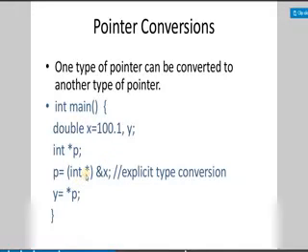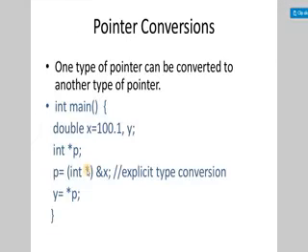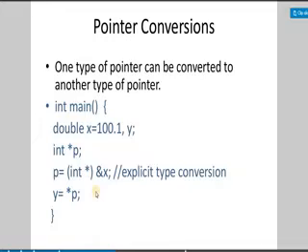So here typecasting is done. With the integer pointer cast, it is converted to an integer pointer and then it is stored into p. So if I write y is equal to *p, then through *p we will get the value of x variable. That is called explicit type conversion. As we have already done using simple variable declaration, where we can change the data type explicitly, in pointer variables also we can do the same thing.